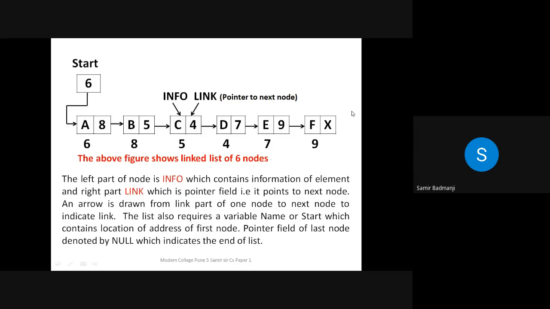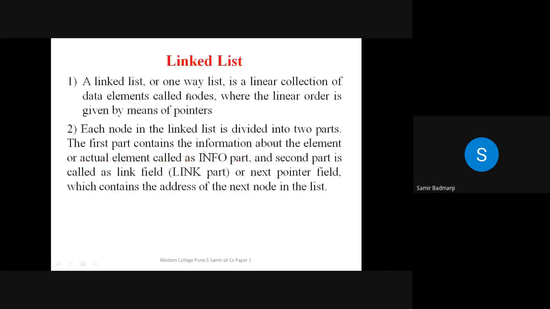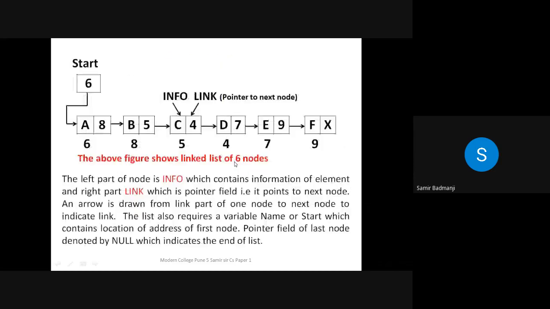Okay, now this figure shows a linked list of 6 nodes. See, usually for the linked list definition, if you write and draw this diagram, usually the question is asked for 3, sometimes it is asked for 4 marks. So if you don't draw the diagram, the chances are that you may lose 1.5 marks. See, the diagram is very easy. You have to just write these blocks, show them arrows, and see that the location is the same. If you write any random numbers here and some random numbers here, then you will get no marks.